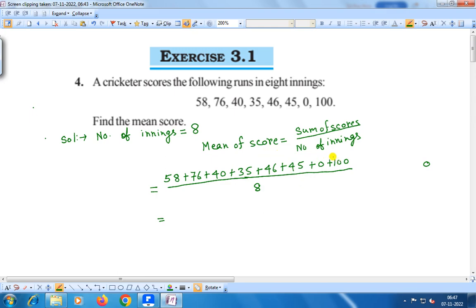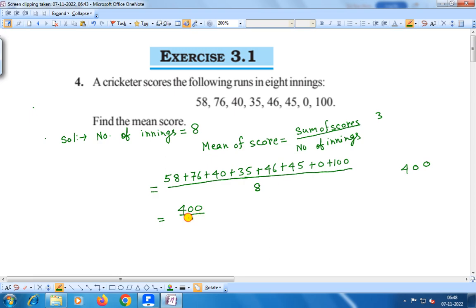Next number is 3 plus 4 7, 7 plus 4 11, 11 plus 3 14, 14 plus 4 18, 18 plus 7 25, 25 plus 5 30, 3 carry, it is 0, and here 3 plus 1, that is 4. We are getting the sum as 400, therefore it will be 400